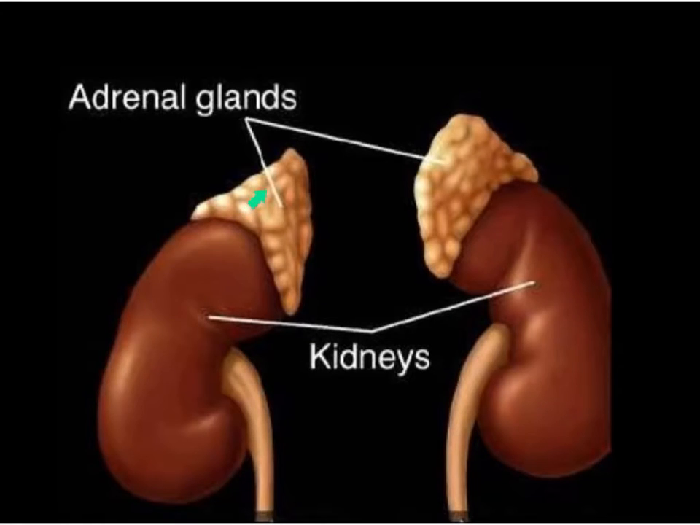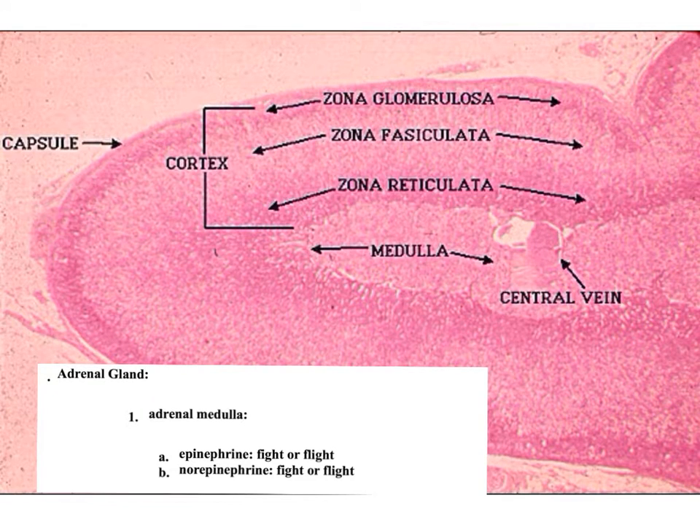The adrenal gland is located on the superior surface of the kidneys. Now, it is composed of 2 distinct layers. These 2 distinct layers are the adrenal cortex that we see in this area here, and the adrenal medulla found in this area right here. The adrenal medulla is the center portion of the gland, and the cortex is this outer area composed of